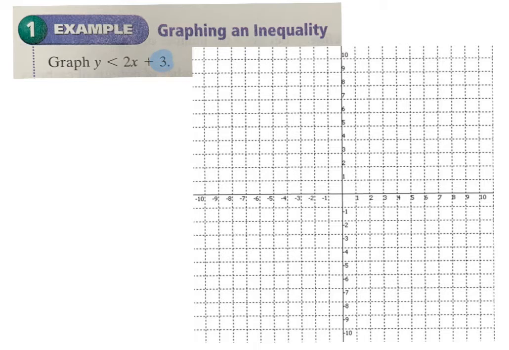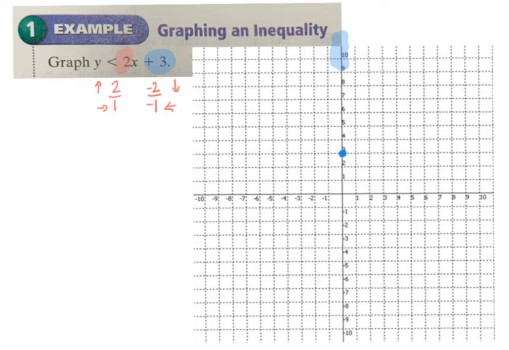We always start with our y-intercept, which means we start on the y-axis. So we are going to find positive 3 on the y-axis here, which will be right here, positive 3. From that, we will use our slope. Our slope is 2. Now remember, if it's a whole number, we can represent it by 2 over 1. That means we can do 2 over 1 or negative 2 over negative 1. So we can go up 2 and right 1, or we can go down 2 and left 1 from our